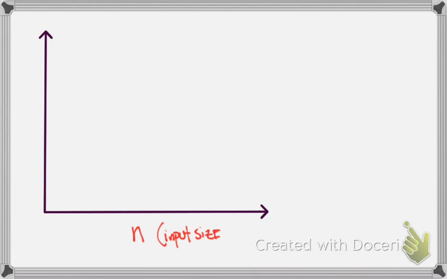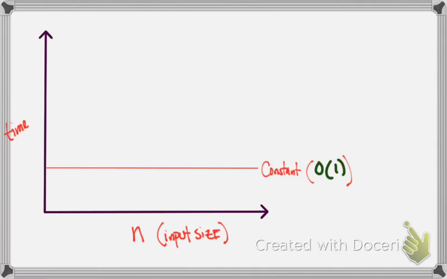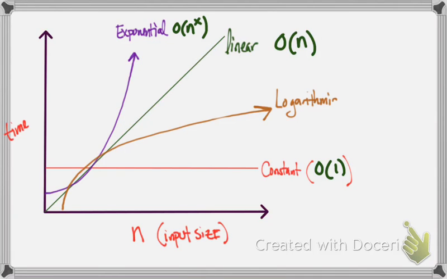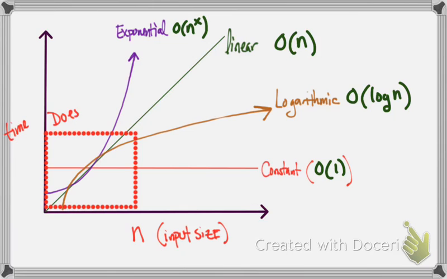And if we start to graph them based on input and just look at their generalized curves, we're going to have time on our axis here and our input size, and as n grows, time is going to shift. This first one is going to be our constant time, or our big O of 1. This is going to be our linear time. This is going to be our exponential time, and then this is going to be our logarithmic time. And what we want to think about is if we're in this range over here, we're not going to see a lot of variation. It doesn't really matter what we pick. But as our input size grows, we're going to see a lot of difference